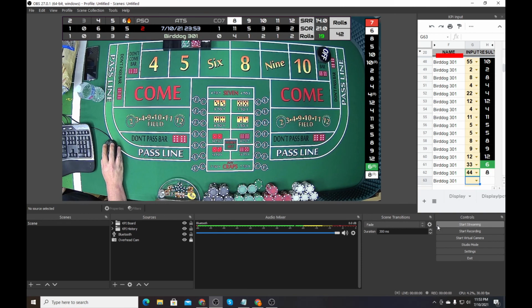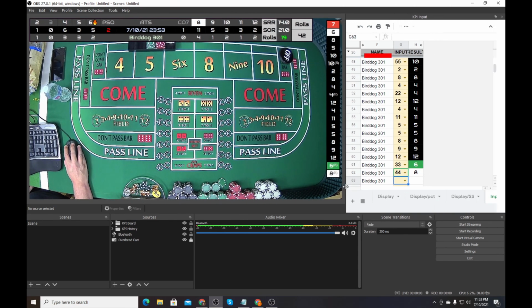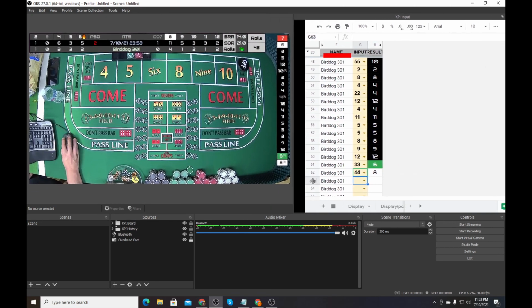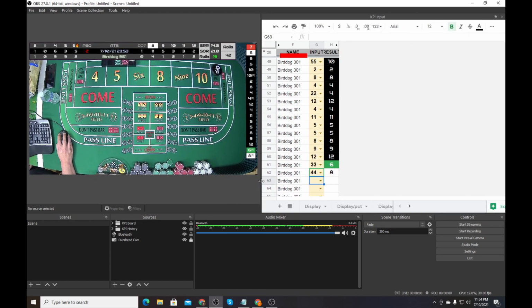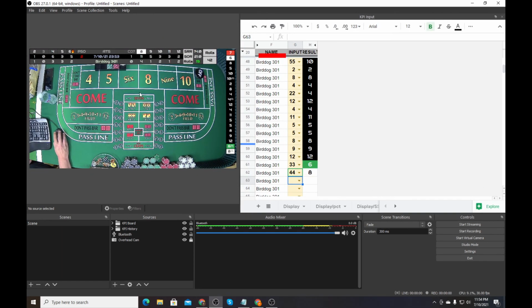Now, Bird Dog, you are not Bird Dog. Well, unless you are Bird Dog. But you can also now work with your KPI spreadsheet right here from the comfort of OBS while you're doing everything else. And if we come here,